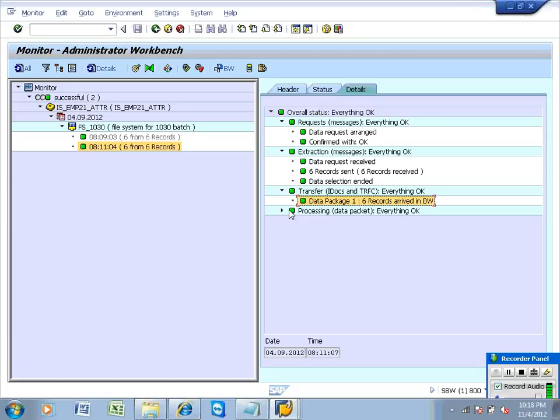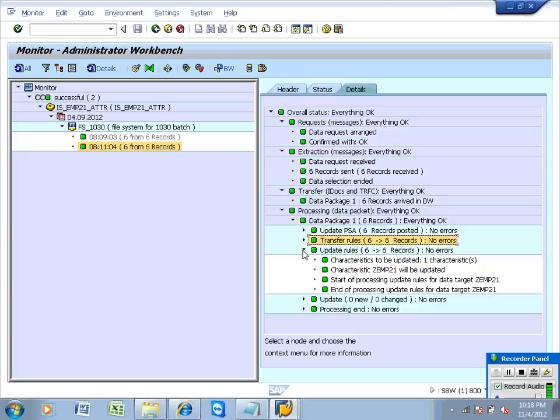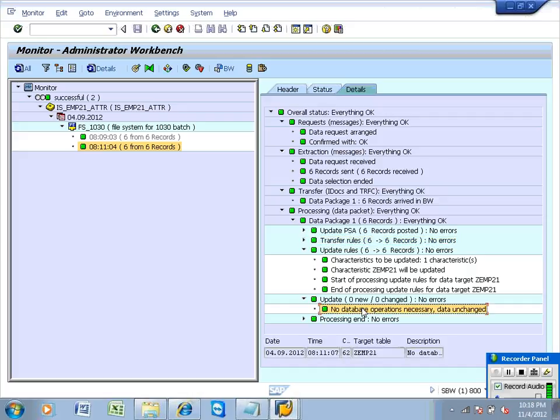Then processing. One data packet with 6 records, first it is updated into the PSA table. Okay. Then transfer rule. All 6 records are transferred to the transfer rule. Then update rule. Once data has been updated, then you can see